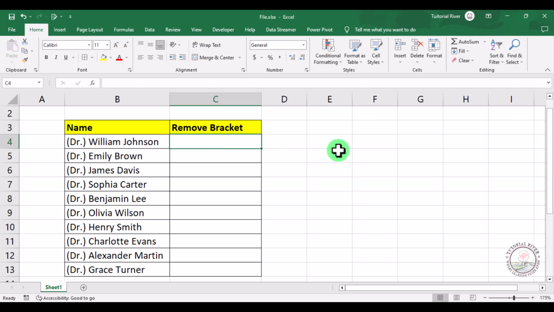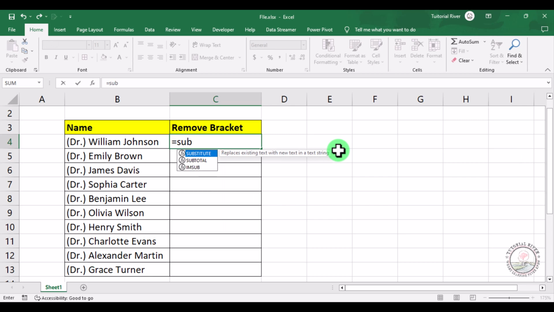For this, we just need to enter a formula which is SUBSTITUTE. Then select your text. This is our text, and put a comma. Then what is our old text? We want to replace our value, which is first the opening parenthesis, then close the quotation, then put a comma. Then new text is nothing, that's why we are giving just quotation and close the bracket,